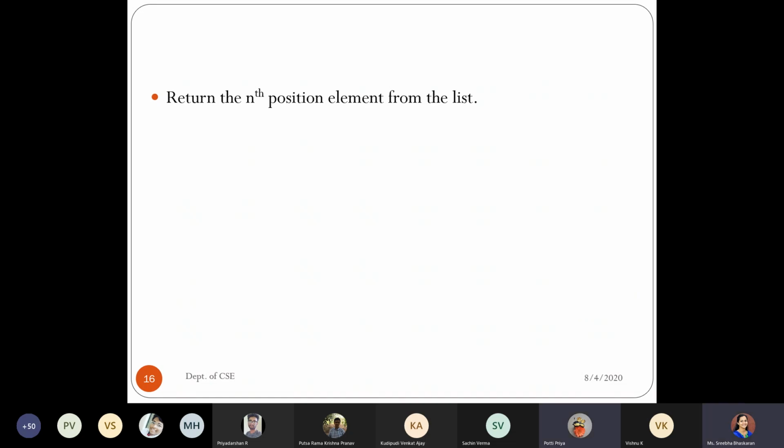Yes, ma'am. Here there are two basic ideas we can tell right now. We can just go to the nth element by performing CDR, and maintaining the count of it. Once we reach a particular count, we can just return the CAR of the list. Yes, you can. This is the basic idea of it.